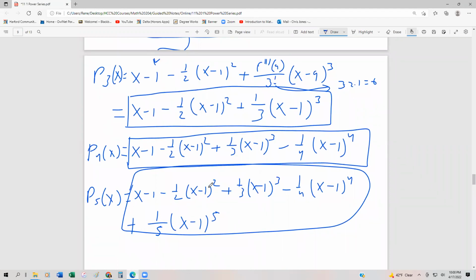In our last videos, what we're going to do is we're going to find some Taylor polynomials and then approximate what the values are going to be from those Taylor polynomials around a point, and then we're going to figure out what the error might